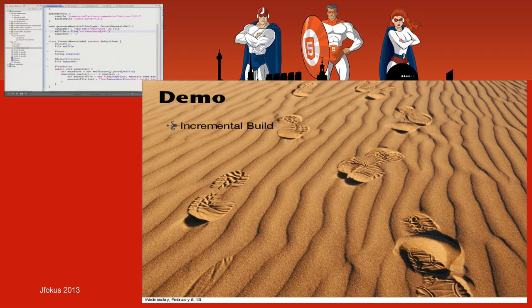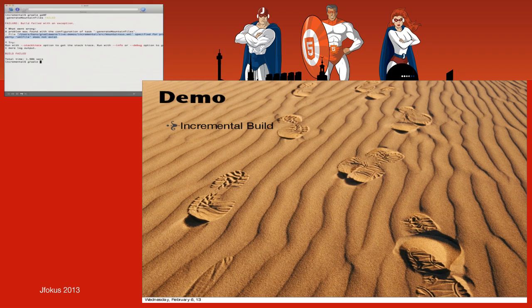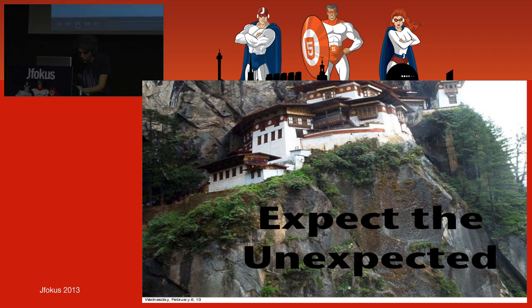So it's nothing you as a build master have to implement. Another thing it does, it creates a surrogate task automatically, clean generate mountain files. So you can just clean the output of a particular task. If you have a long-running build where, let's say, the reporting is screwed, but a lot of tasks that come before that are long-running, and you're now debugging that task, you can just tell Gradle, hey, clean the output of that task and rerun it, and then with the incremental build in place, all the other tasks are up to date, and you get very fast feedback on the tasks you're working on. Okay, so that is incremental build in Gradle.